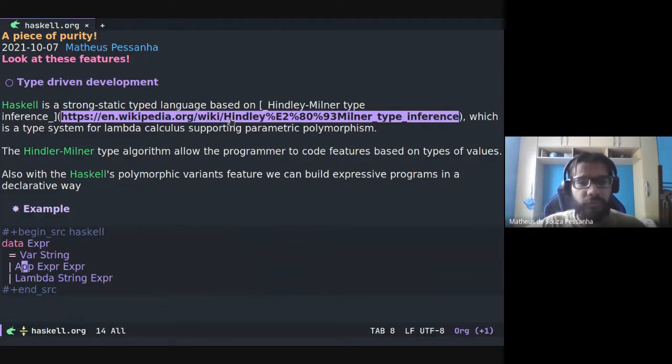The second constructor is the application, the function application, that receives expressions and applies the first expression to the second. And the last constructor is the lambda that receives a variable and an expression. So we can build a parser, for example, and an interpreter for lambda calculus based only on this definition of the syntax.